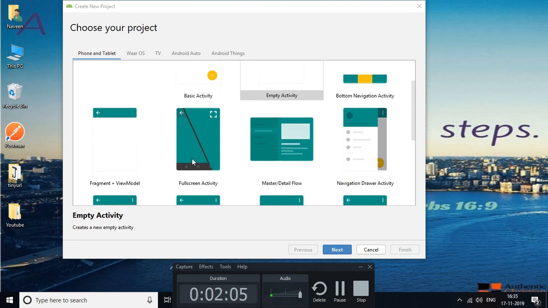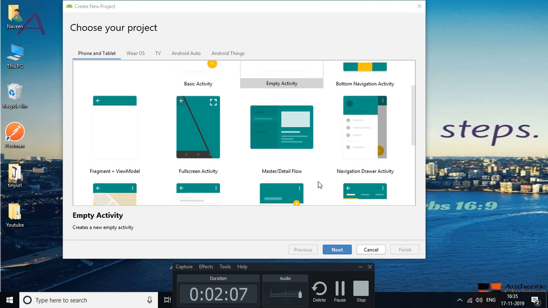If you want a full screen activity, this one will be there, or if you want a navigation drawer activity, as you may have seen in multiple projects, there is a left side navigation drawer, and when you click on it, it will show you so many options, and whichever option you select, it will open the respective page.